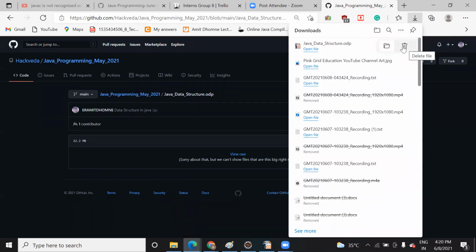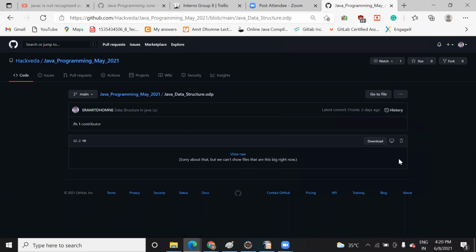It's downloading. It's downloaded. Then when I click on that... It might then be your network issue. You need to check it once. Try after some time when the network will be okay. Otherwise, you remove the cache of your browser. Browser cache and all, you remove it after the class and try it once.